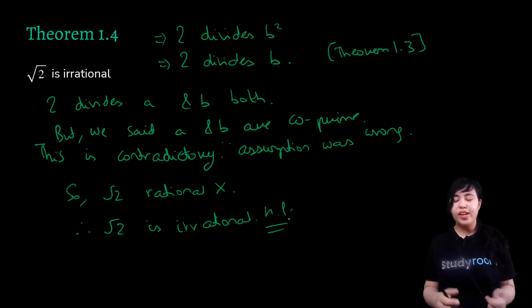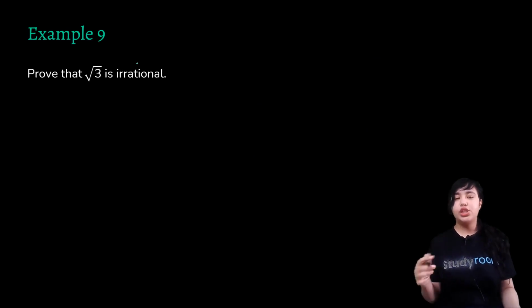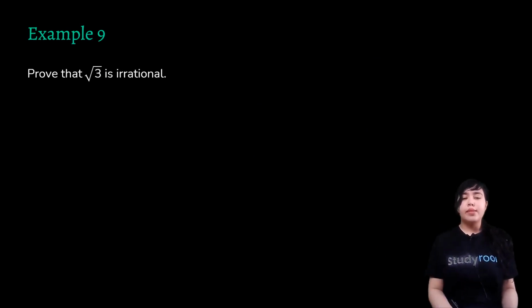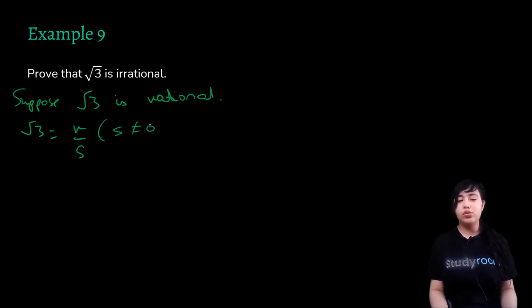Okay, we'll discuss a few more examples here. Again we have to prove here root 3 is irrational. Again we'll be proving it by contradiction. So write proof by contradiction, and then you say suppose root 3 is rational. Okay, if it is rational, what is the problem? I can write it in the form of r by s, where r and s are integers, s is not equal to 0. Please write those statements again, that let r and s have a common factor other than 1,